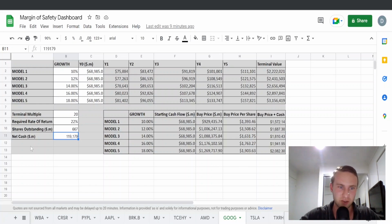and they've got about $120 billion in net cash. So we want to factor that into our valuation, because when you buy the stock, you essentially get that cash, or at least your share of that cash based on how many shares you own of the company. But moving forward, we can see here that based on these estimates, or these growth rates, and the terminal multiple of 20 and our discount rate of 22%, you can see that we're getting buy prices of between